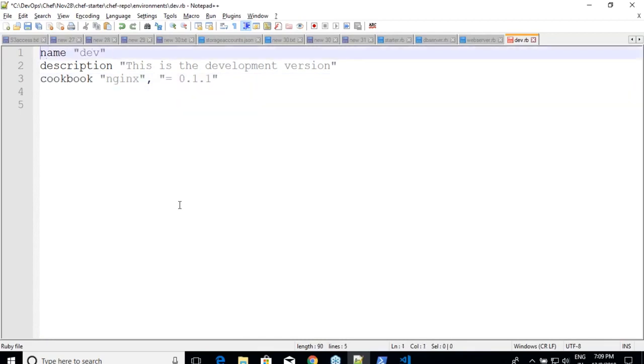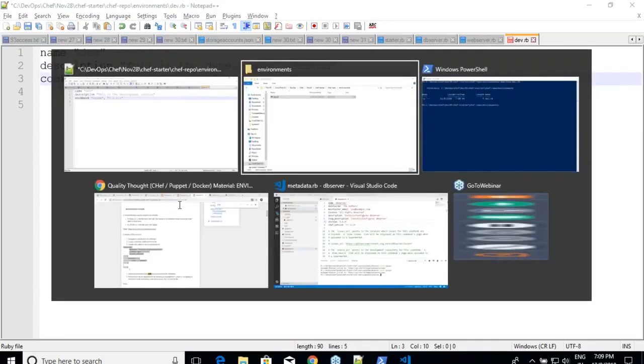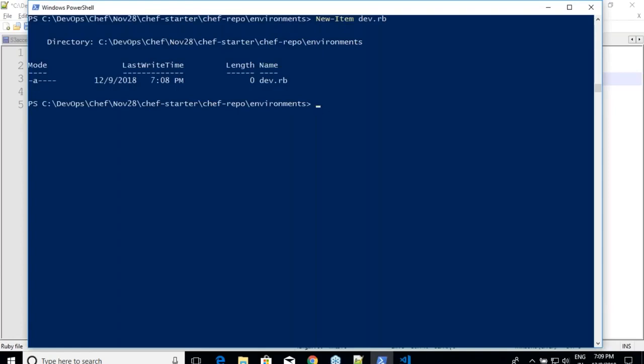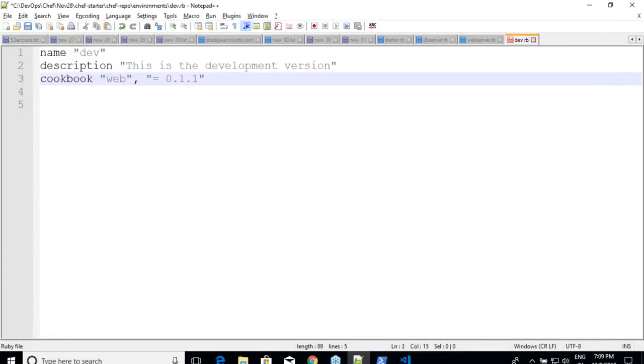And now I'm trying to tell that I'm going to use an environment which is dev environment. And in here, I have a restriction for what is the cookbooks which we have written. What are the cookbooks? Web server and DB server, right? So dev environment, I'll say that web server, let me write it first. Let me write the same versions, equals to 1.0.0.